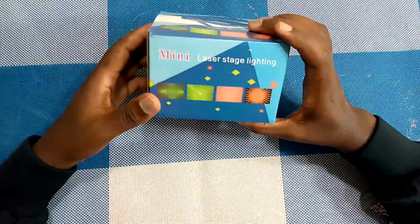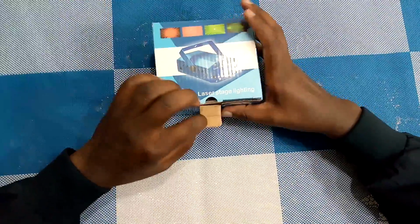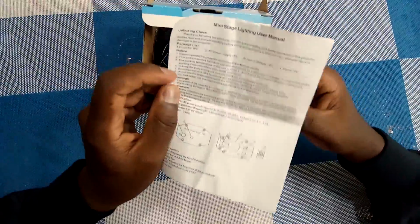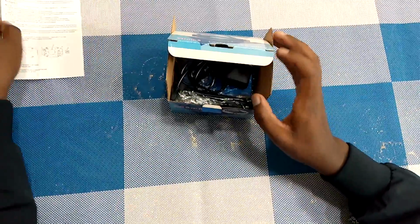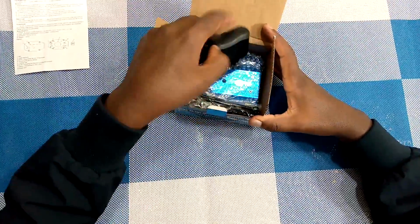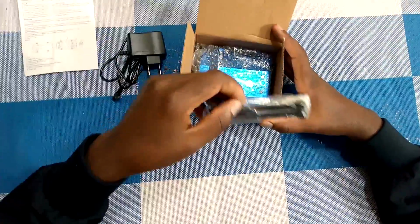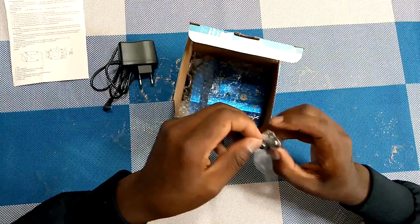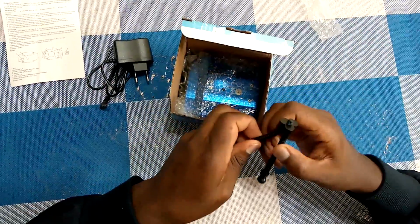I have the mini laser street lighting projector which I'm going to unbox and show you guys how they operate. So in the box we have the user guide manual or the paperwork written in both English and Chinese, the power adapter with 5.0 voltage, tripod stand which makes it more flexible, which means it's adjustable,